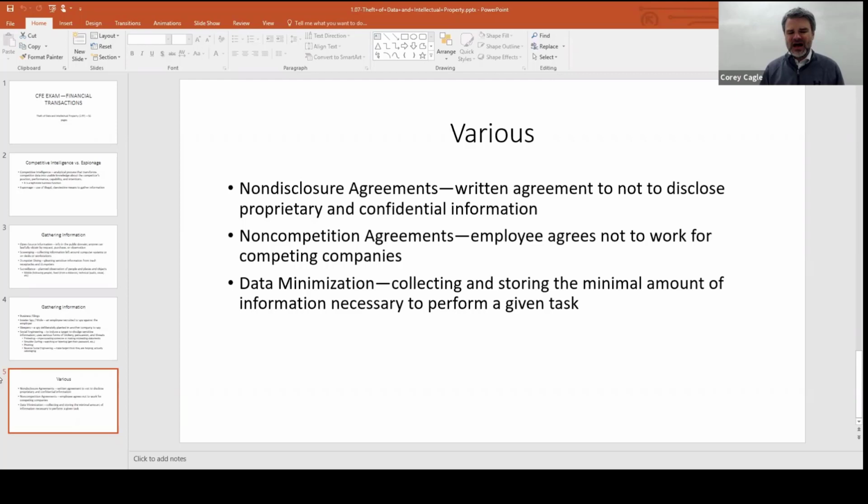Data minimization might show up. I put it on there mainly because you see that word and you're not really sure what it means if you haven't seen it before. So data minimization is kind of trying to protect your data from being stolen. You only keep the stuff you really need, the minimal amount you need. Destroy the rest, right? And that's just kind of a little extra security. If it's not available, it can't be stolen. So destroy it.